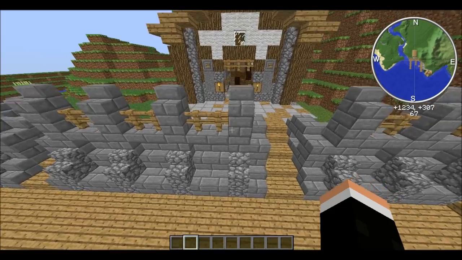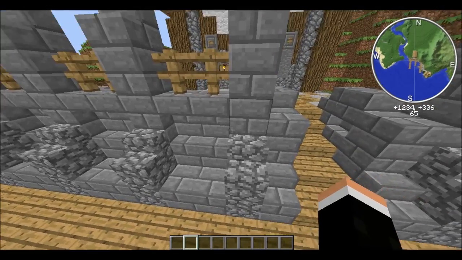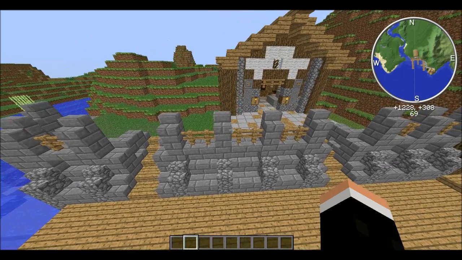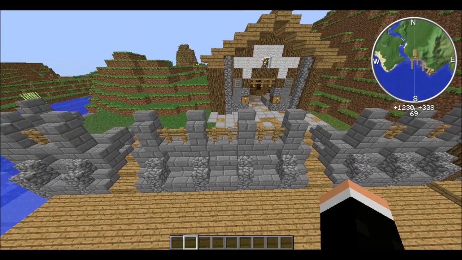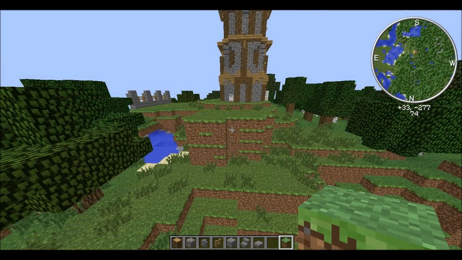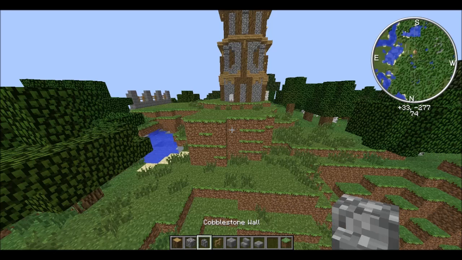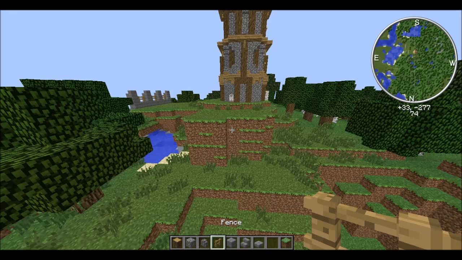But if you can find a better application or another good one, then be sure to use it for that too. Don't be limited just because I'm using this. But anyways, I'm going to show you the fifth one. Okay guys, this last wall here is going to be mostly made out of stone bricks, and you're going to need oak wood, cobblestone walls, fences, and stone bricks, I guess, and of course grass.